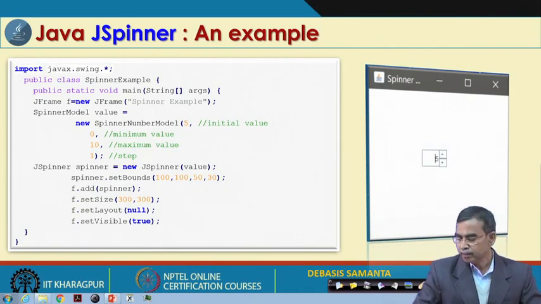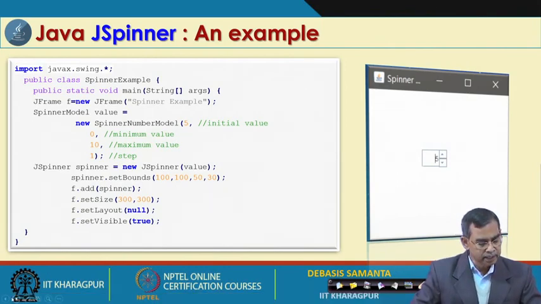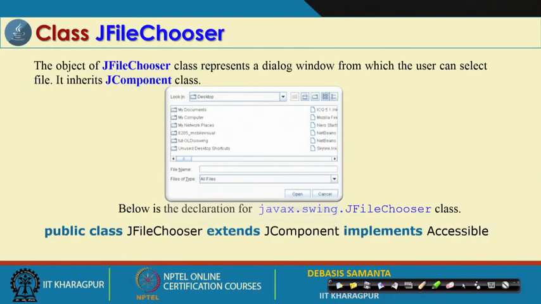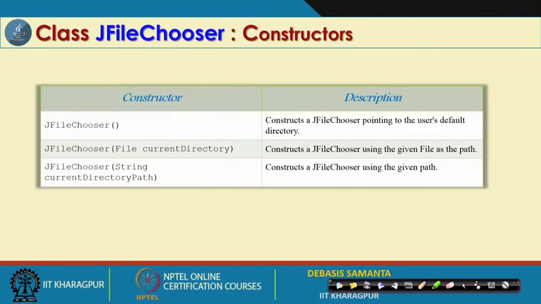You can run this program with different settings, and then you can see how the JSpinner will look like here. And JFileChooser is basically used whenever you have to develop a system program, and then JFileChooser is usually more preferable. Here, whatever files are there in the current directory, it will select and display, and then it will allow you to generate many events by selecting a particular file and then saving it, copying it, or opening it, whatever it is. So, this basically looks like the JFileChooser component in Java Swing.